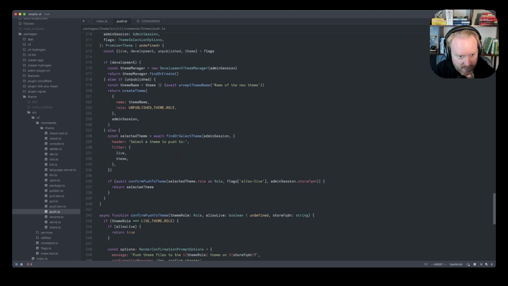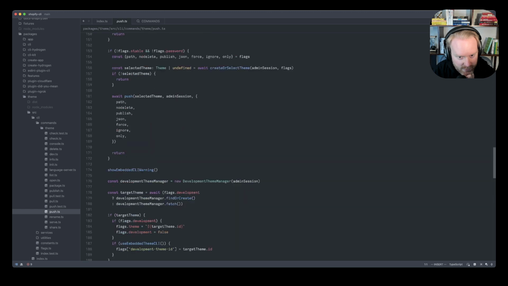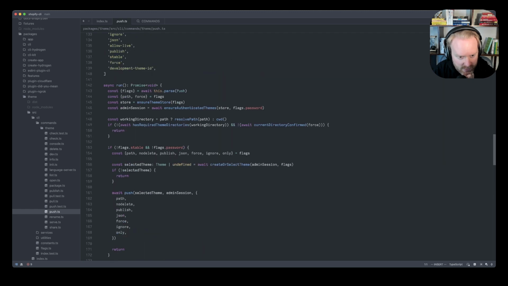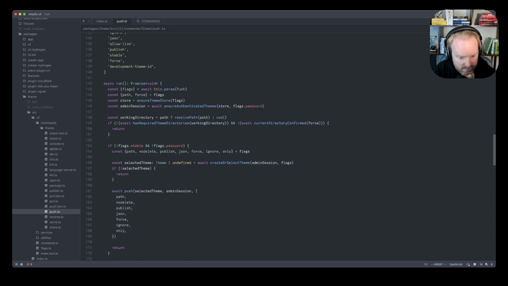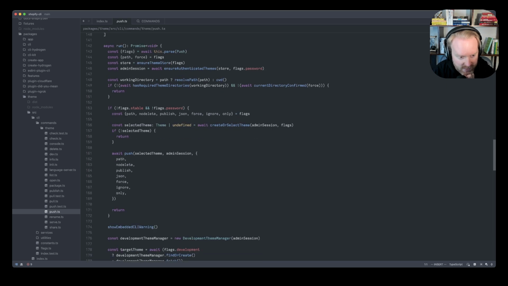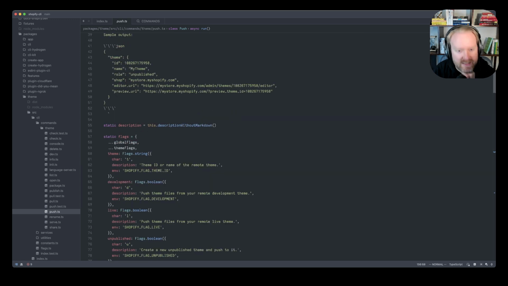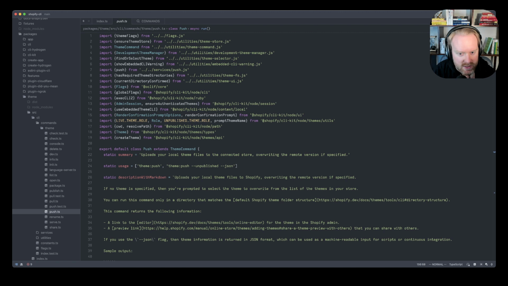Jumping off to pre-select this thing. Those will be under, if we look here, some utilities and services. So if we go to services, you can see the services for that command. So this is like all the functions that you would render to do those things. Now, there's actually something going on in the theme